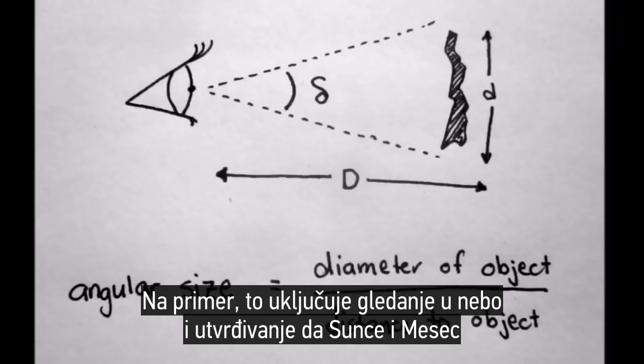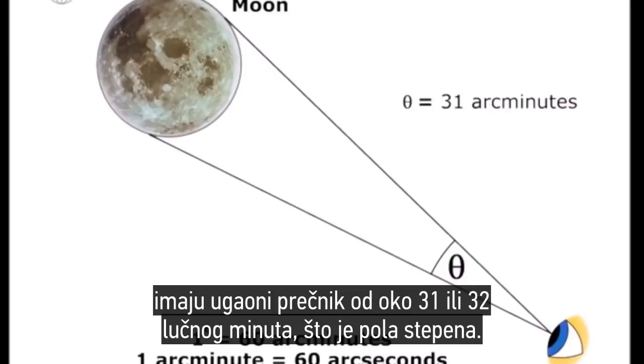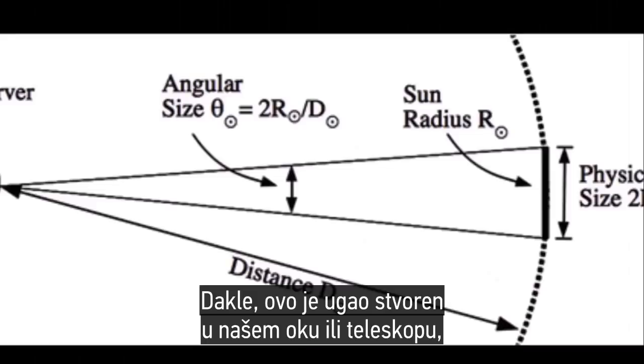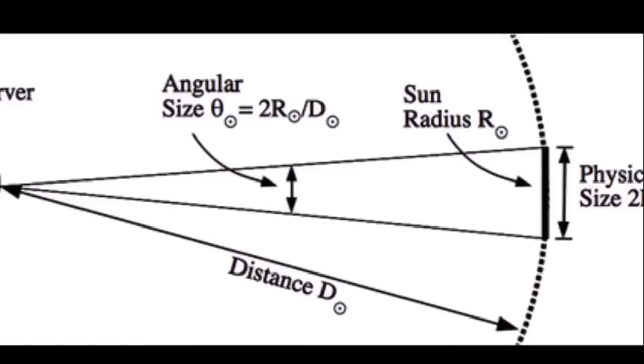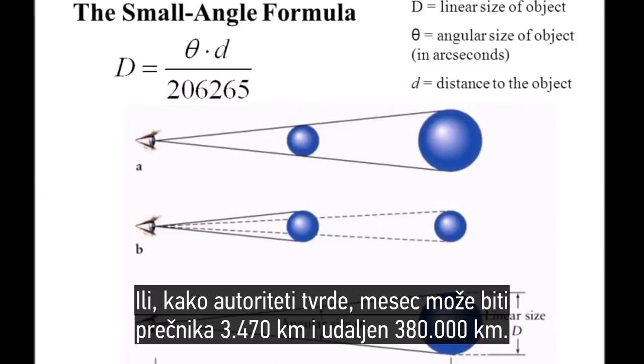For example, this involves looking at the sky and determining that the sun and moon have an angular diameter of about 31 or 32 arc minutes, which equals a half of a degree. So this is the angle created in our eye or in a telescope, which means that the sun and the moon can be around 31 miles in diameter and 3,500 miles up,